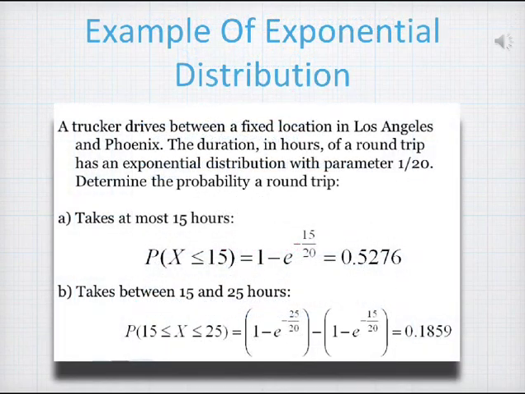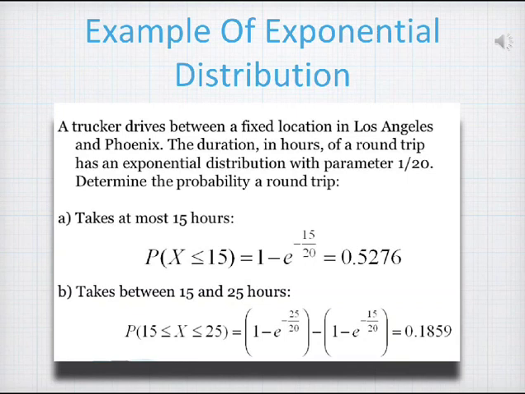Here is a real-life example of an exponential distribution. A trucker drives between a fixed location in Los Angeles and Phoenix. The duration in hours of a one-way trip has an exponential distribution with parameter 1/20. Determine the probability a round trip A takes at most 15 hours. Therefore, probability of x less than or equal to 15 is equal to 1 minus e^(-15/20)